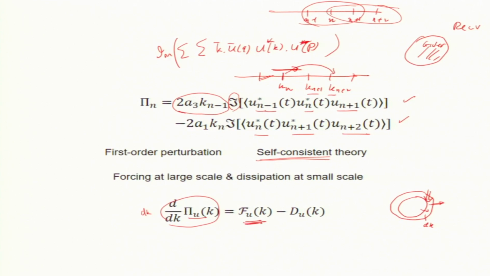So, external force can change the flux, in fact it will increase pi k plus dk, right. If I inject energy, then the flux for the bigger radius will be larger, right, because I inject energy. But there is a dissipation as well, viscous dissipation, and viscous dissipation will act like a sink. So, if there is dissipation only, no injection, then the flux at a bigger radius will be lower, right. So, it comes with a negative sign. So, this is the dissipation and this is the injection by external force.